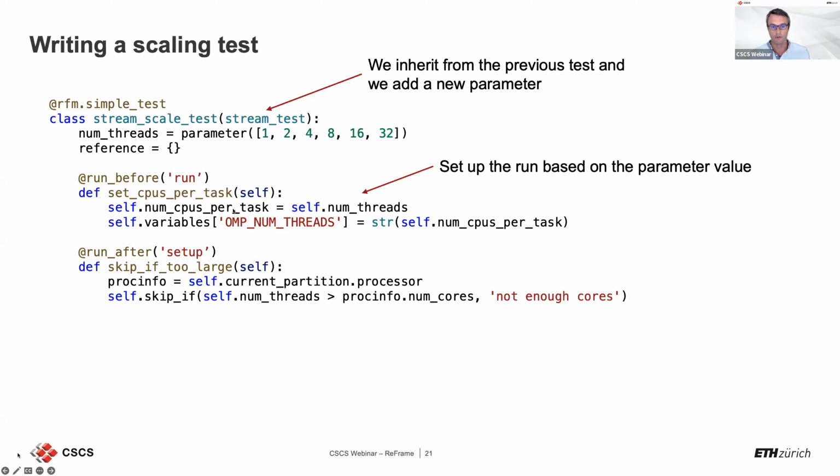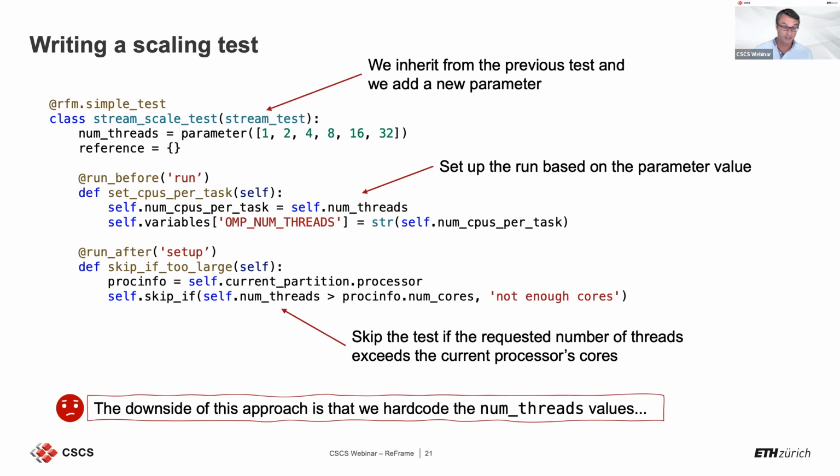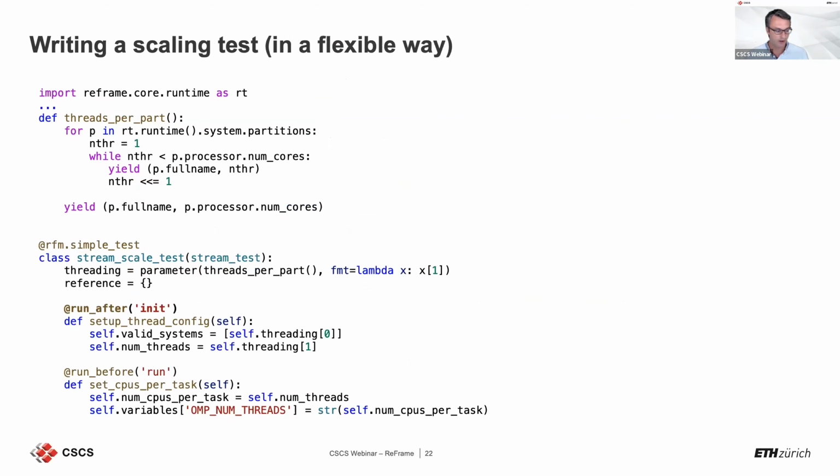And here we just set the num CPUs per task, which is a built-in ReFrame variable, to the num threads. And we now also need to add this test because the way we have defined the num threads here is a bit naive, because we just say, okay, let's pick an arbitrary number. And if your system doesn't have enough cores, then simply skip the test with this. So we get the number of cores from the processor, we check with our current parameter, and we skip it. As I said, the downside is that we hard code the num threads. And there is a more flexible way to do it,